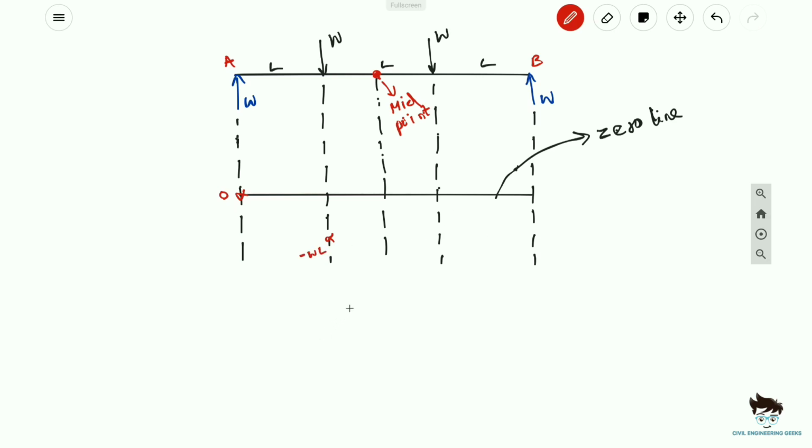And what else do we have? We have bending moment value for section 2 and section 3, and both are the same as section 1. So let's mark that as well. Then finally we know it is 0 at support B. That's it. Now join the points and you will get the bending moment diagram for the considered beam and the loading.